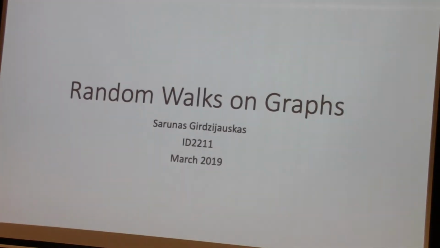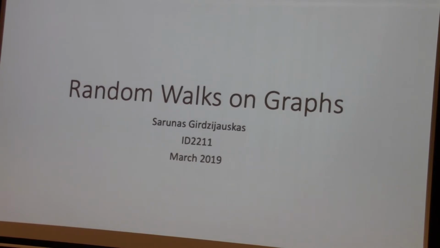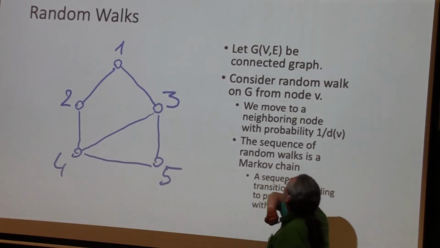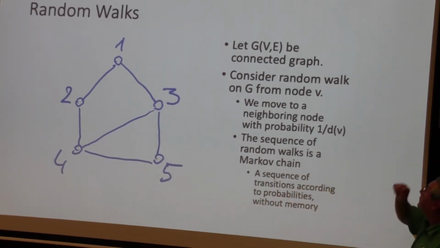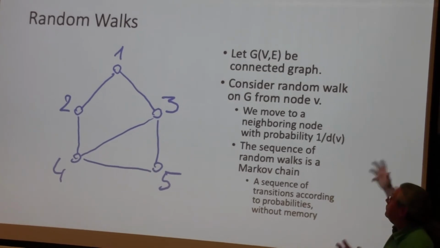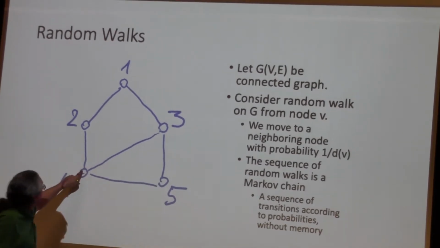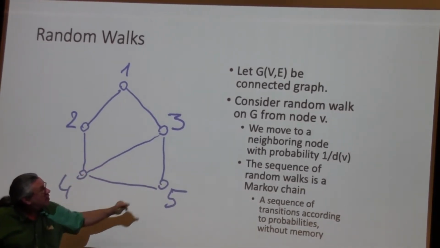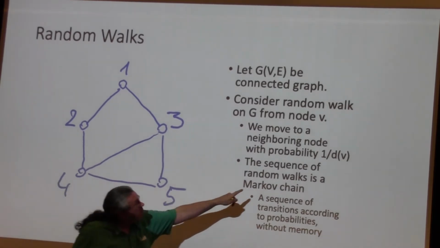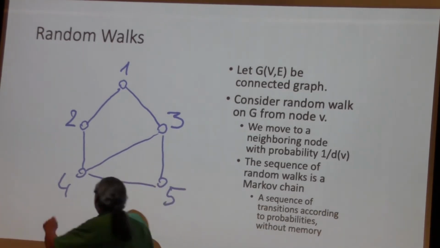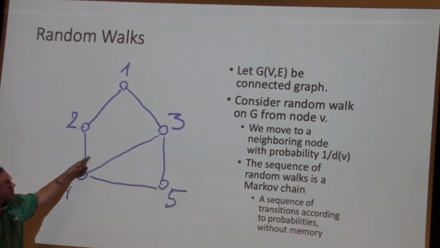First, I want to talk about random walks, and I want to give a lot of intuition now. Okay, so please listen carefully. I'm going to try to introduce all the ideas with intuitions. Here is a graph. Undirected graph, okay, connected. Start with some node V, could be any one of these nodes, and we move to another node with a given probability, but the probability is 1 divided by the degree of the node. So the degree is the number of edges, so 1/3 here.